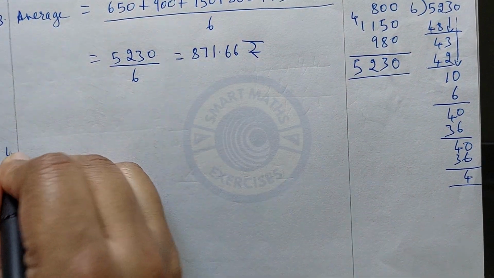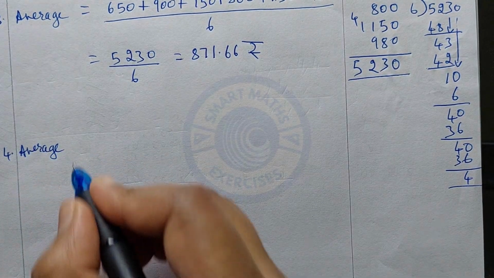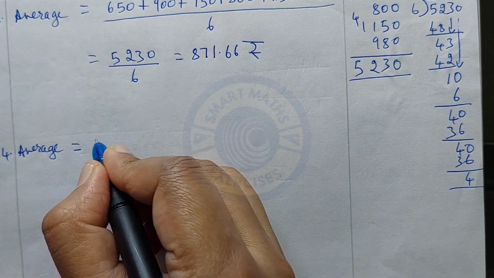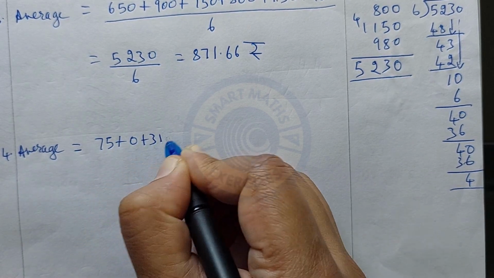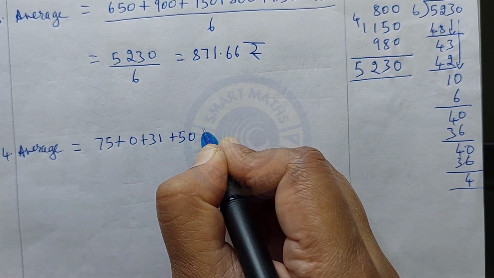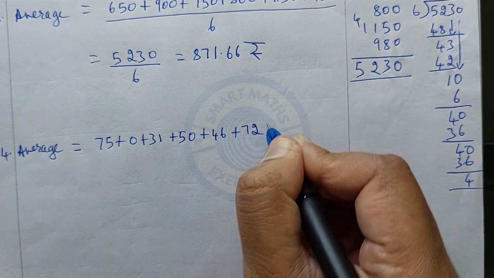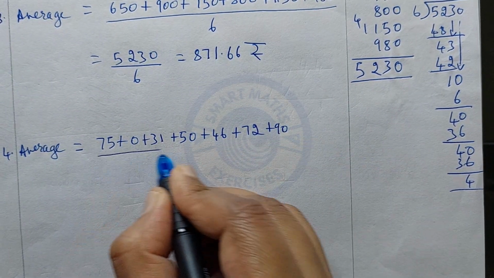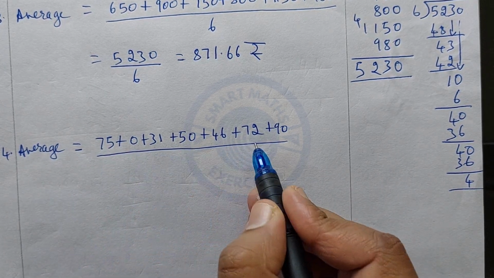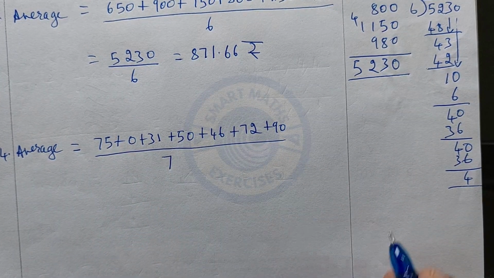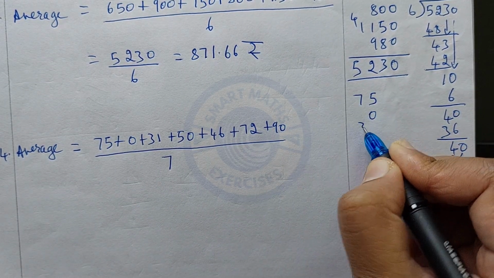That is, average equals 75 plus 0 plus 31 plus 50 plus 46 plus 72 plus 90 divided by 1, 2, 3, 4, 5, 6, 7. 7. Add all this. 75, 0, 31,